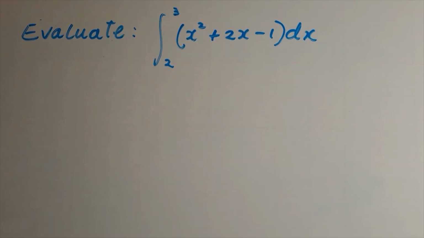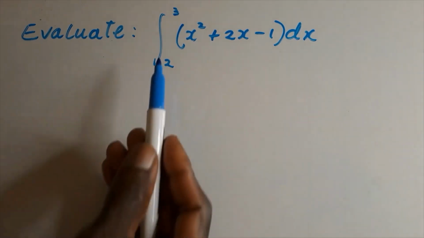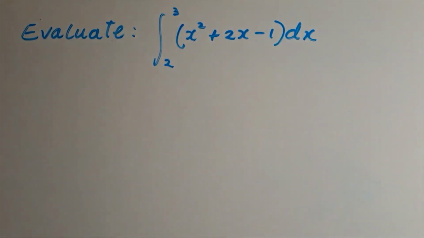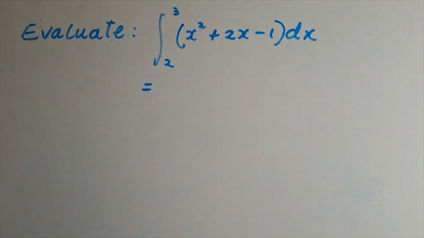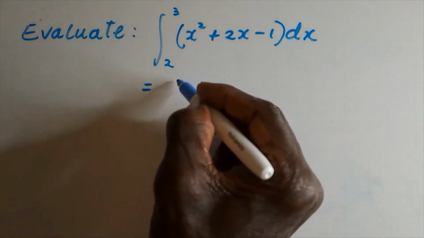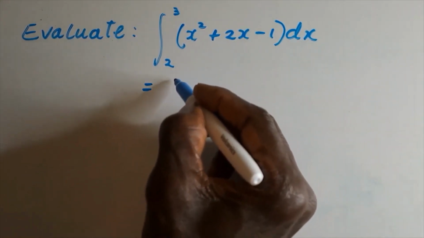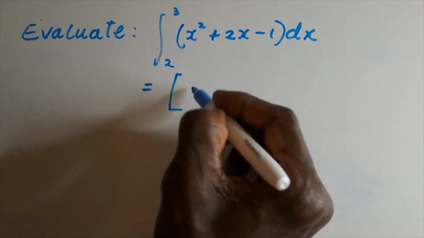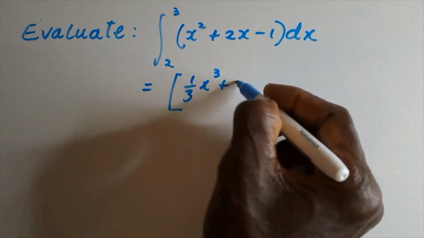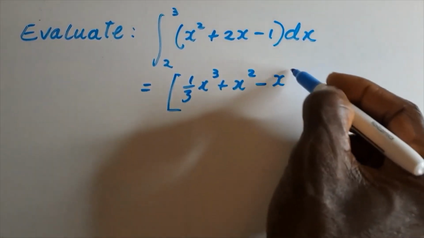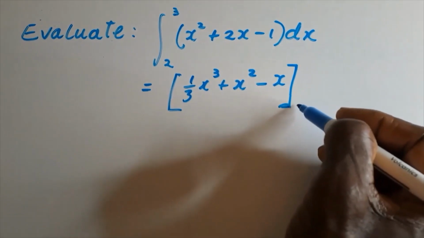Hi. We need to evaluate this, and by doing that, we'll find a definite integral between limits 3 and 2, the upper limit being 3 and the lower limit 2. So first, we'll integrate our integrand. So we have that as equal to 1 over 3 x cubed add x squared minus x. And now we have our boundaries